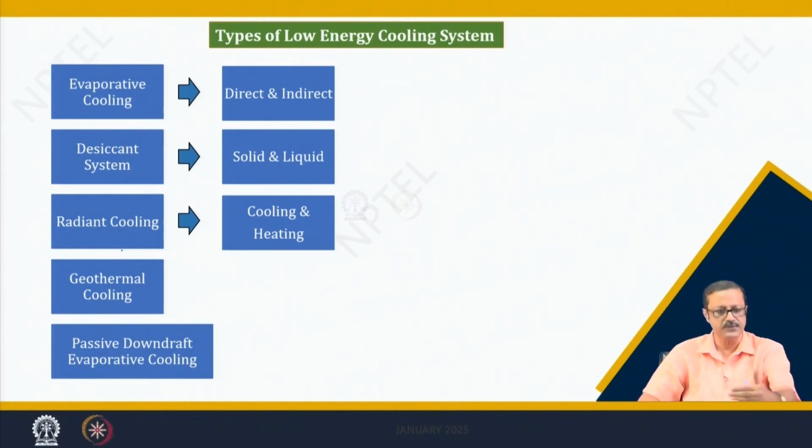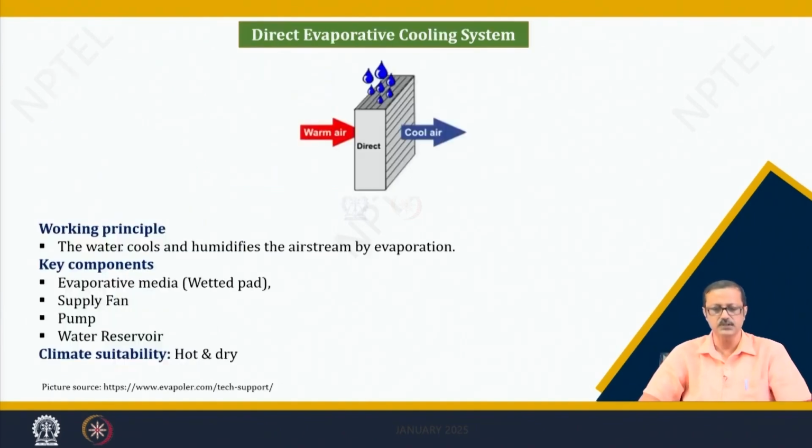So, now let us see the first two, desiccant and evaporative cooling. The first one is the direct evaporative cooling system. We just discussed that there are two types of evaporative cooling system, one direct and one indirect. The working principle is that there is a moist pad, and warm air passes through that pad and becomes cool. Warm air, and also very dry, relatively low humidity air,